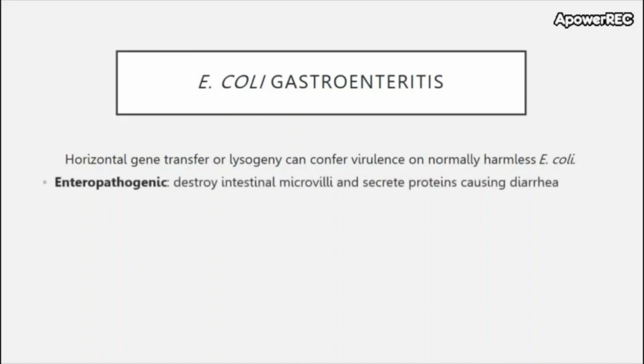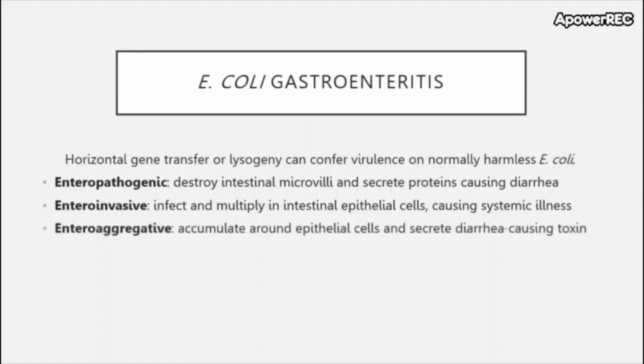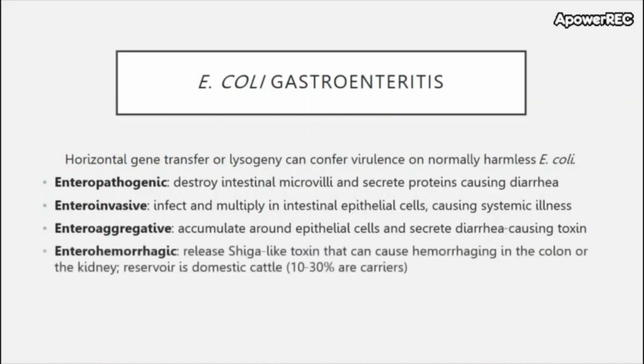They may become enteropathogenic, in that they can destroy intestinal microvilli and secrete proteins that cause diarrhea. They may be enteroinvasive, whereas they infect and multiply in intestinal epithelial cells, causing systemic illness. They may be enteroaggregative, meaning that they accumulate around epithelial cells, aggregative, and secrete diarrhea-causing toxin. And they may also be